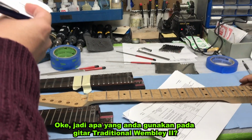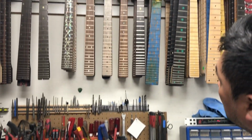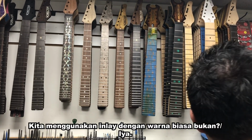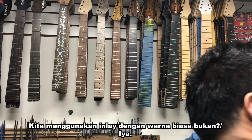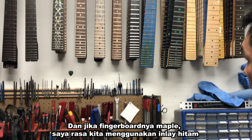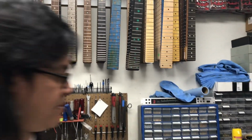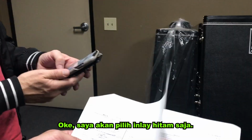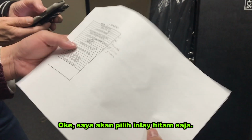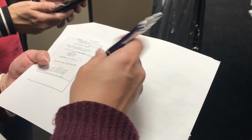So what do you use on the traditional Wembley too? The regular inlay like that, right? Yeah. And if the fingerboard is maple, I think we're using black one on the maple. Okay, I think black inlay is fine. Black inlay. Yeah. Okay. Tuner,